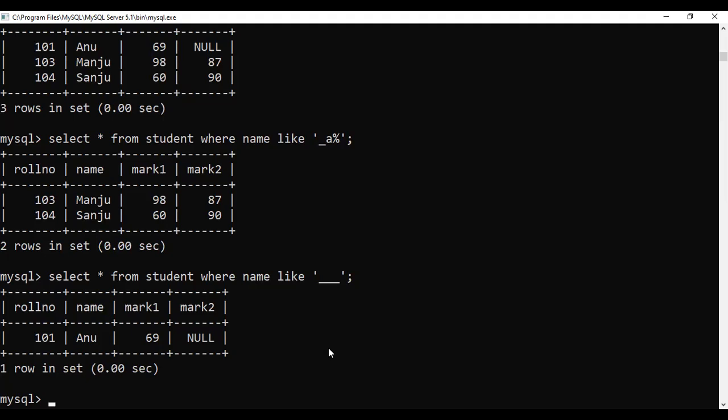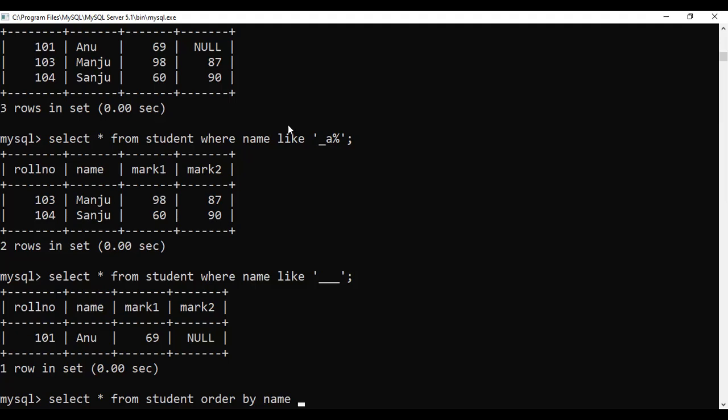So the next question is sorting the data. For sorting the data, we have the operator called ORDER BY. ORDER BY is for sorting the data. If I just want to sort the records in the ascending order of the name, select star from student. WHERE is not mandatory, but most of them will write the where. So select star from student ORDER BY. Which column do you want to sort by? By name. Okay.